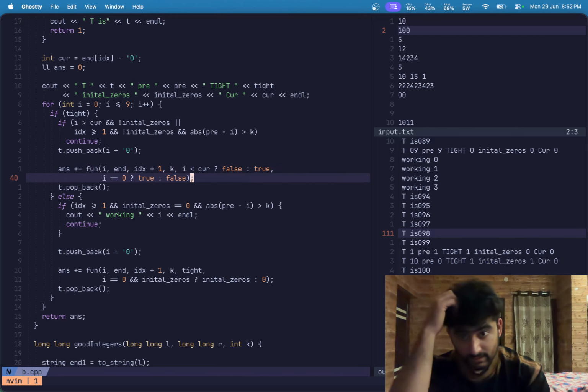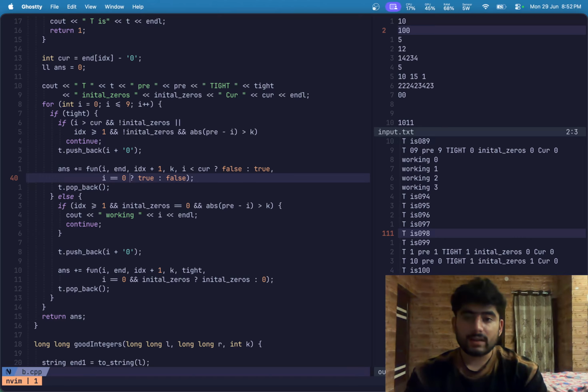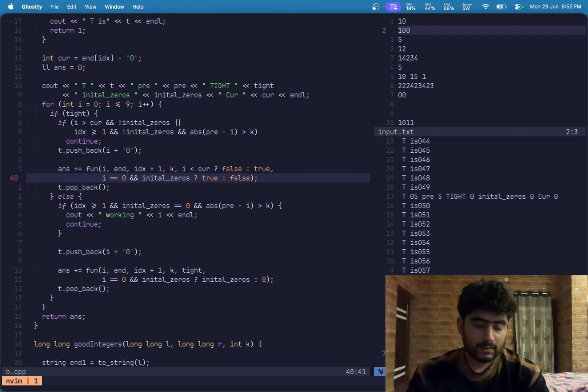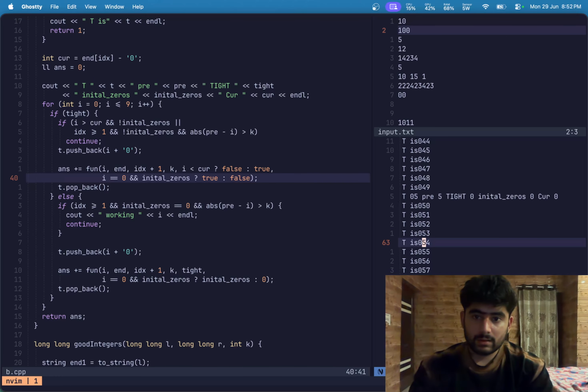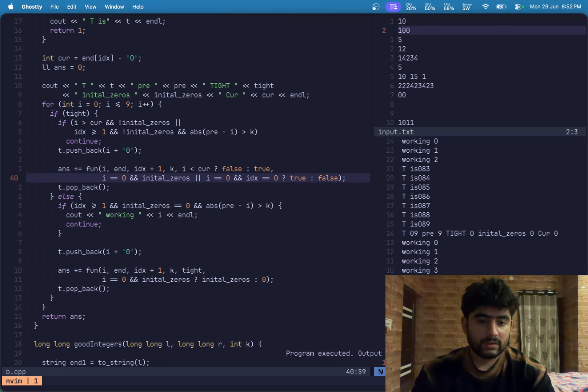So I am simply checking. I remember that if i equal to 0 I am simply making it as 0, but I also have to check that initial zeros should also be 0 in that case. If i equal to 0 and initial zeros equal to 0, or i equal to 0 and idx equal to 0, then we can simply make this as